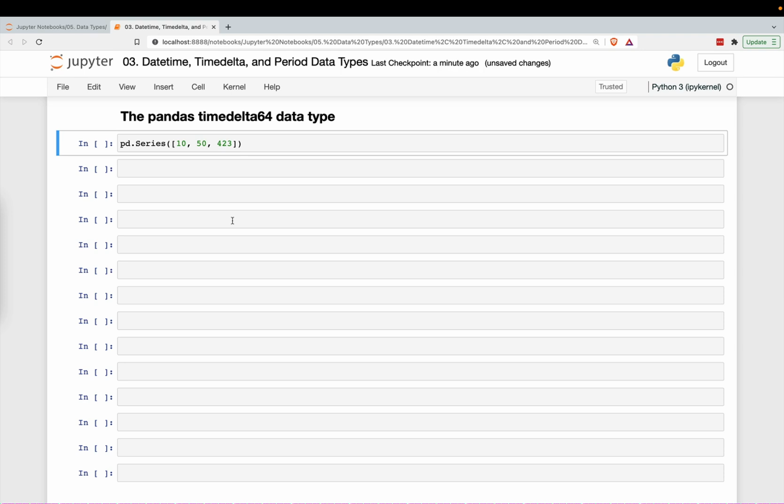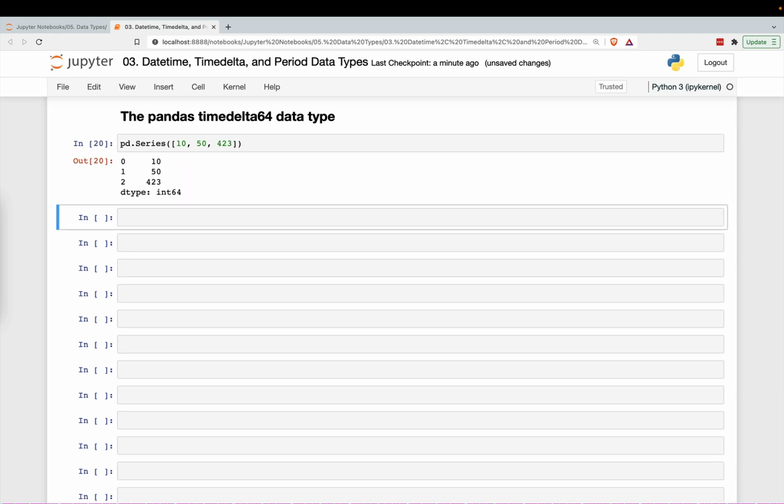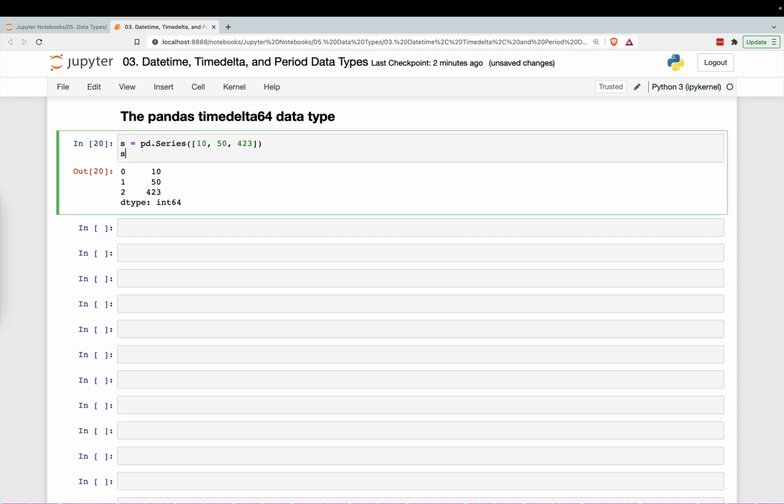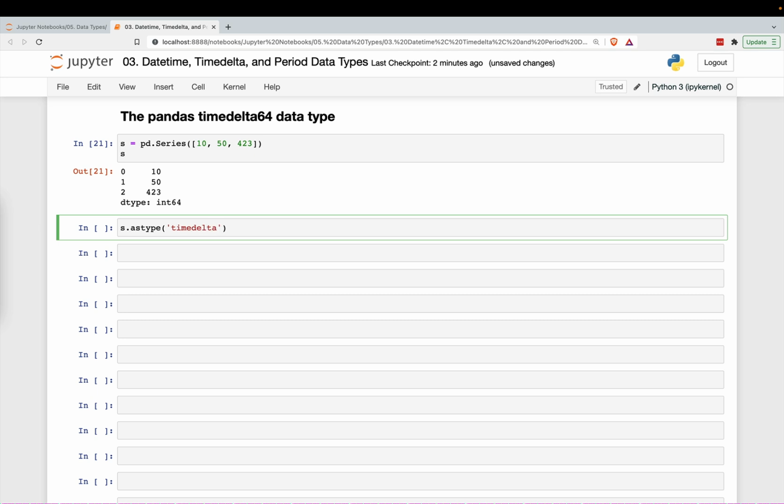We're now going to cover the pandas timedelta64 data type, and we're going to convert a series of integers again. Let's go ahead and assign that to s, and we're going to use the astype method over here, timedelta64. The way you do it is you just write timedelta64 and then brackets, and then inside the brackets you